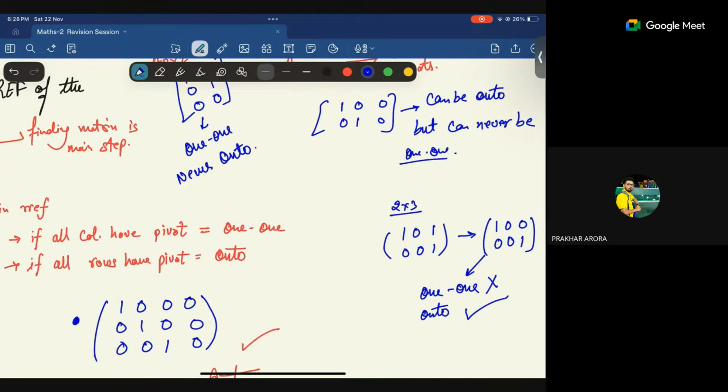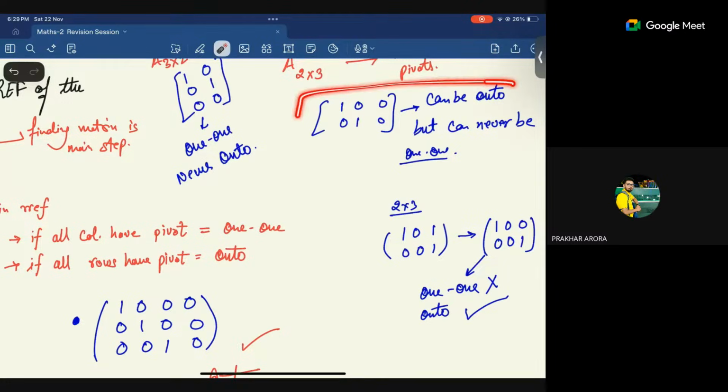So this is the thing that we did here. Remember that I said, what is the best possible matrix that you can get? And this is the best possible matrix. When I say best possible matrix, I mean the matrix with maximum number of pivots, because this entire game is of pivots only. This is it. So this is how you will approach these questions.